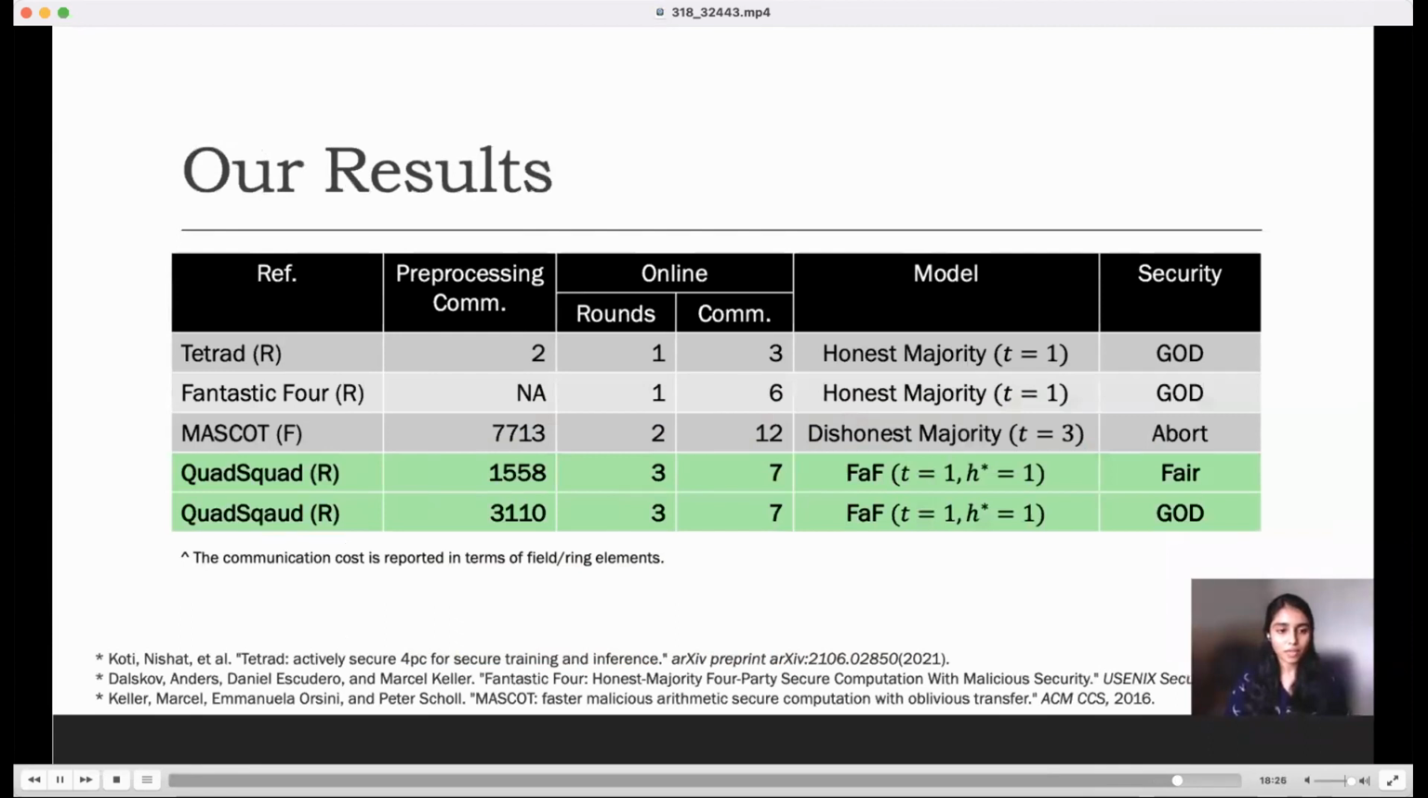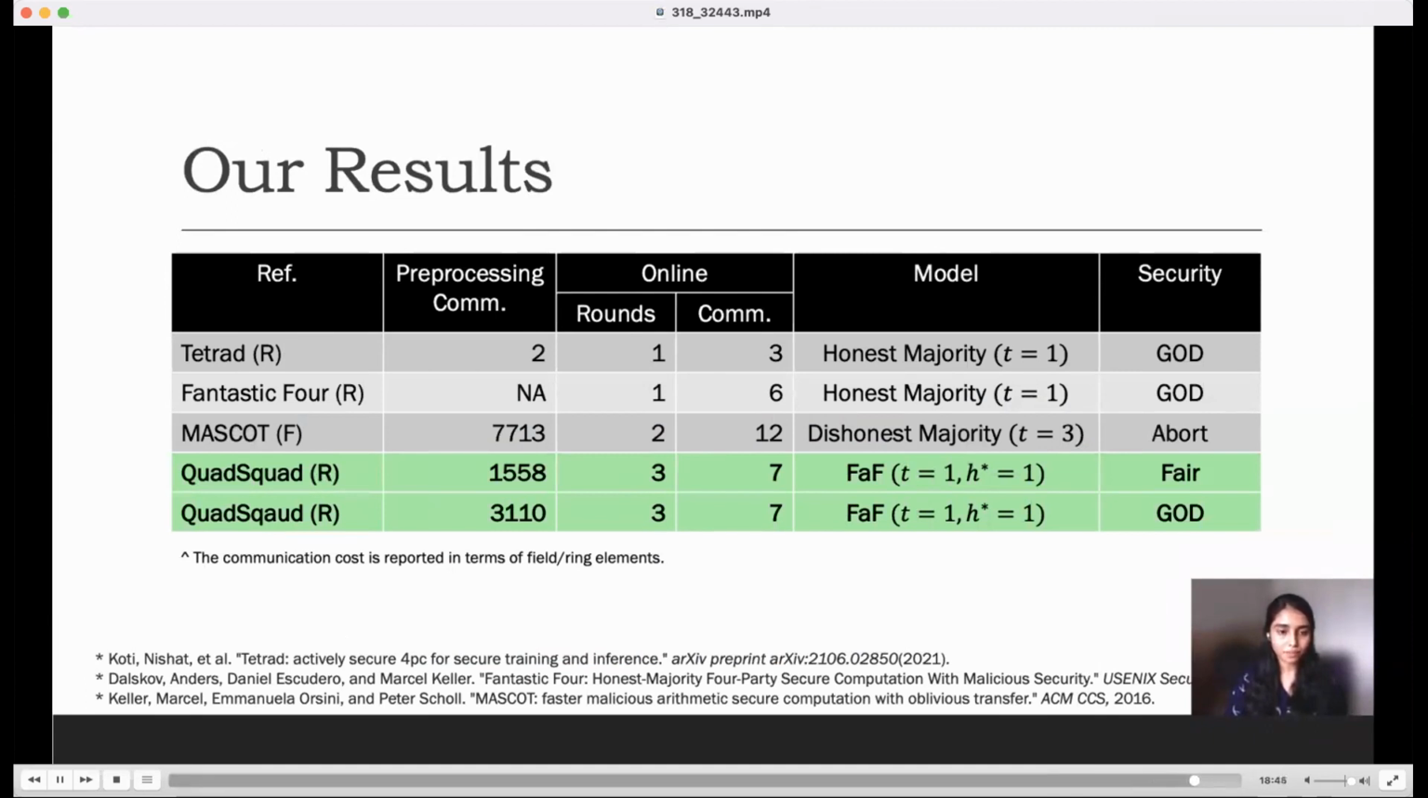Summarizing the cost of our protocol again, we see that the online communication of 7 elements actually corresponds to the 7 element reconstruction, which I just described, which happens in 3 rounds. And the retaining the cost from FAIR to GOD protocol for the online case comes from the